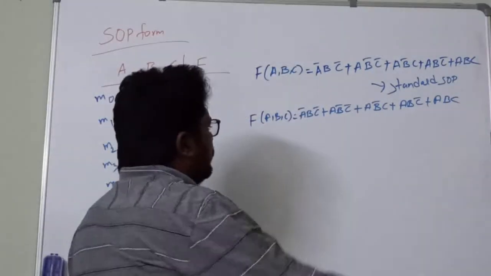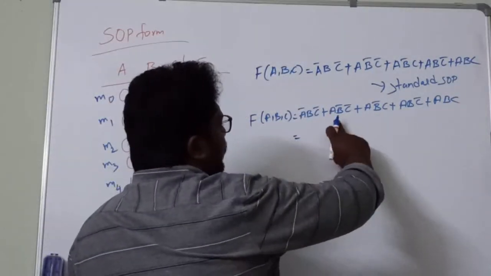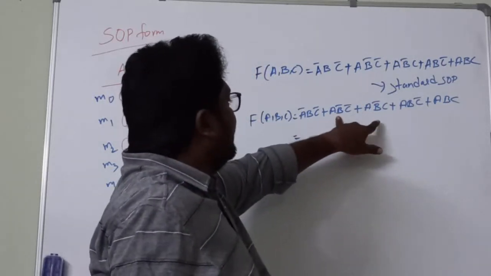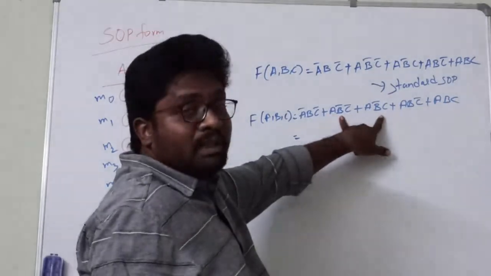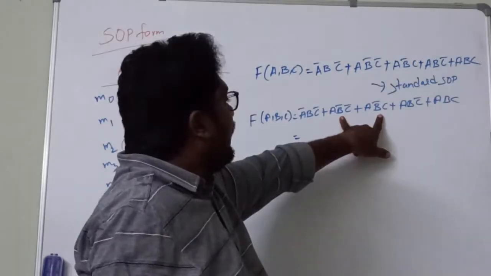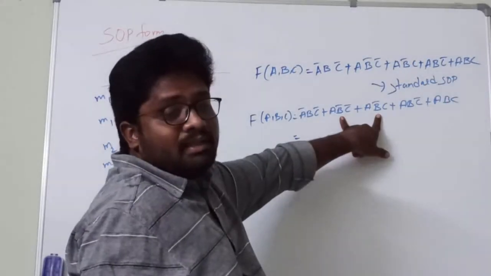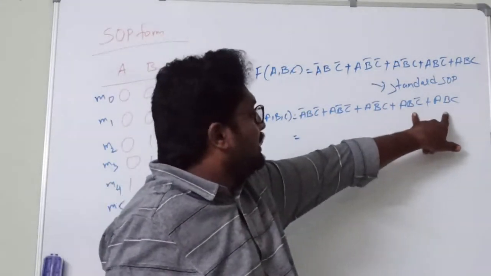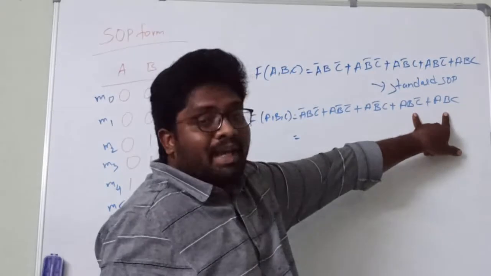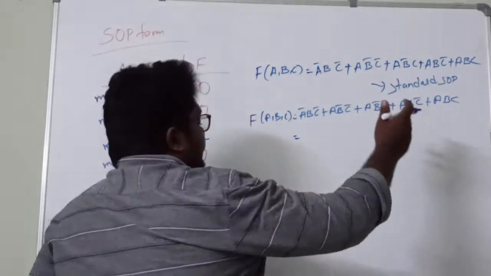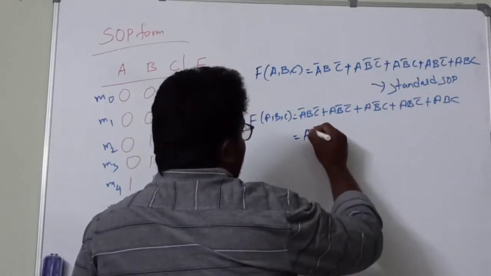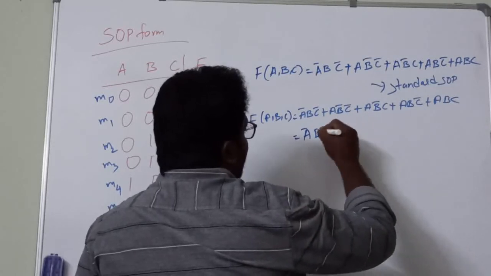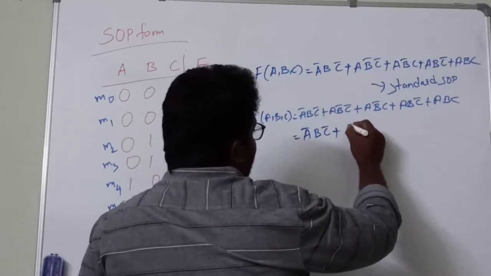So if you observe here, the second and the third minterms have A B complement as common, right? And in the fourth and the fifth minterms we have A B as common, right? So let us take them as common. Now the expression will become A complement B complement C, A complement B C complement plus